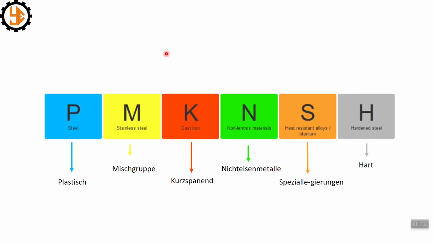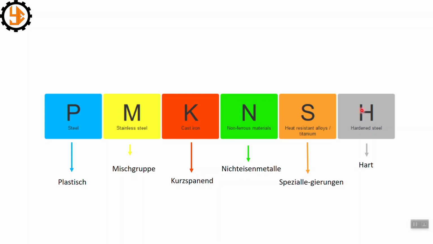To facilitate this selection, workpiece materials are divided into 6 main groups, according to the ISO standard. Each group has different features in terms of machinability. 6 different ISO material codes are shown here. These letters were created by taking the initials for German words. P for steels, M for stainless steels, K for cast irons, N for non-ferrous materials, S for heat-resistant alloys, H